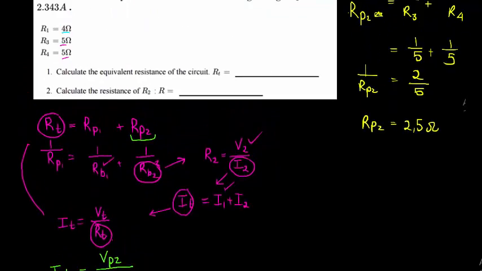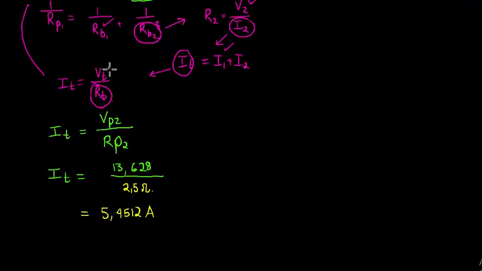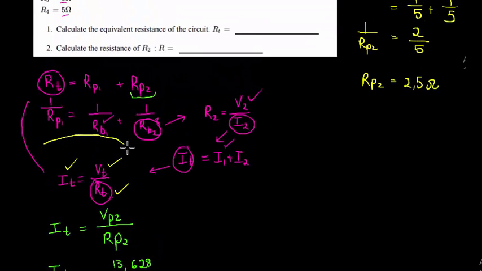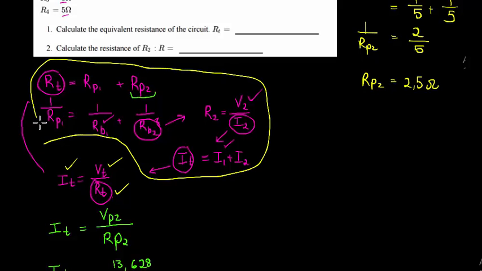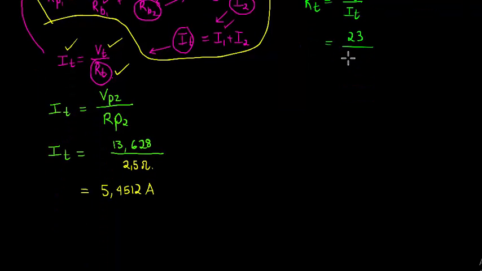This is great. This really is great, because look at this. We now have total voltage and we've got total current, which means I can get equivalent resistance. I don't even have to do this whole process anymore, which is absolutely excellent. I am supposed to calculate total resistance. Total resistance will be total voltage divided by total current. Total voltage we know is 23 divided by total current, which is